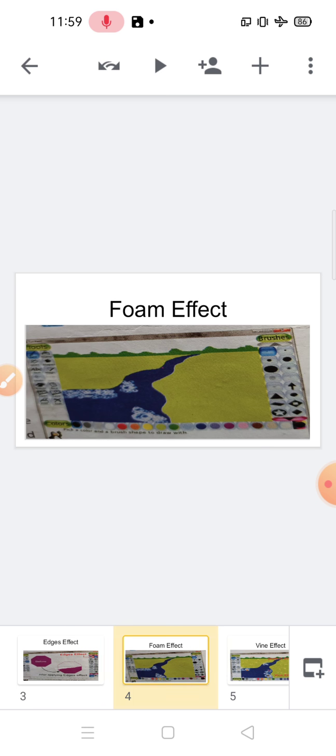Next is the foam effect. What is a foam effect? You must have seen your mother washing your clothes. Whenever she adds washing powder to the water, you see a lot of foam. In the same way, this tool adds the foam effect wherever you want. For this effect, first of all, you have to select the magic tool and select the grass effect. Draw some grass effect at the river bedside as shown here.